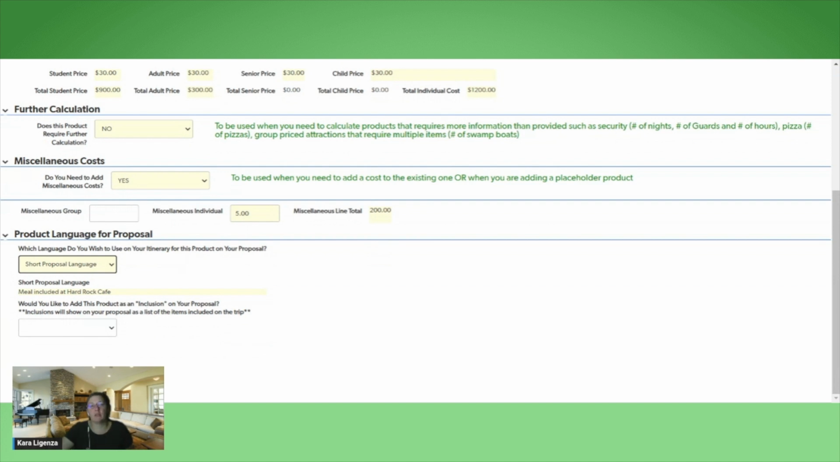So what happens is when we get to the step of generating a proposal, the first page is going to be a tentative itinerary. The second page is going to be a list of all of your inclusions, what's included in your package price, things like that. So if you want this restaurant listed as one of the places that they're going, and you